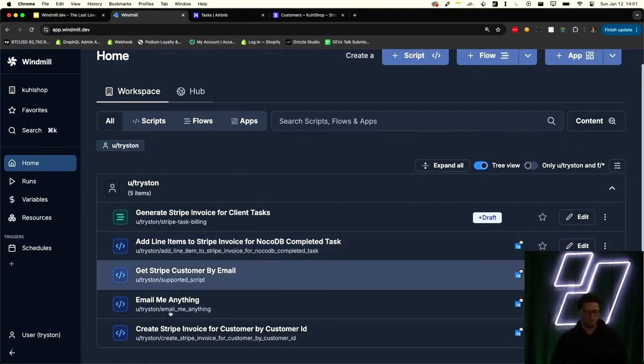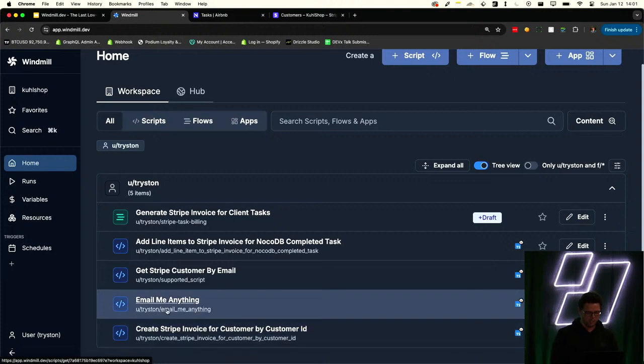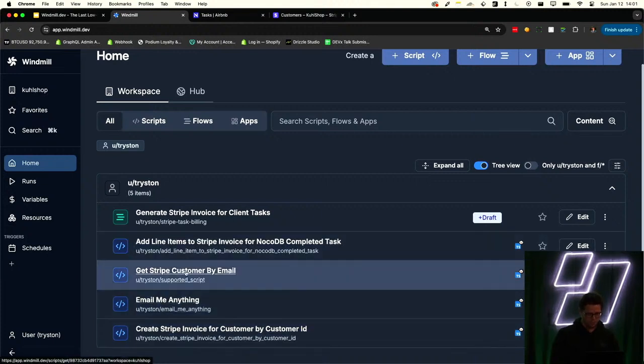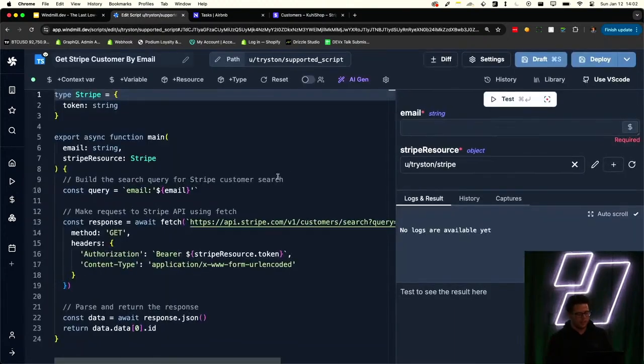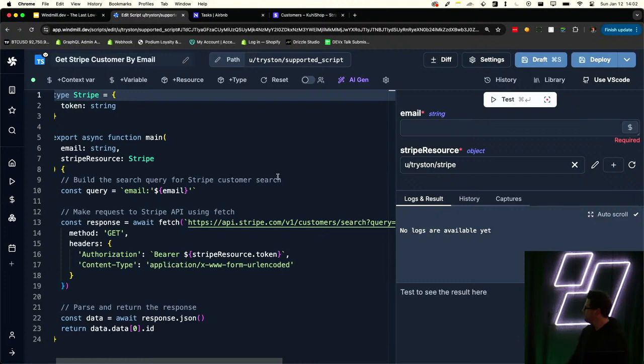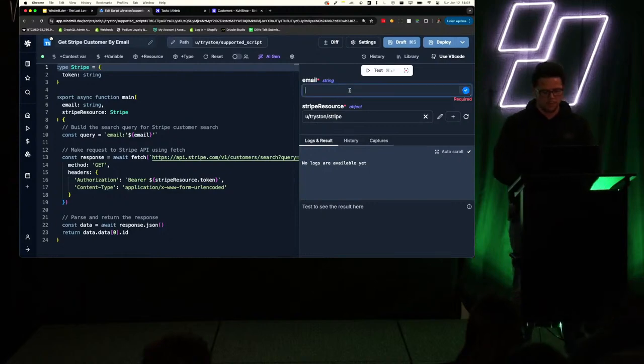I already have a couple scripts because I already tested this flow. I have one script that's called Get Stripe customer by email. This is a script that I wrote, and I can go ahead and click edit. And this is the entire script. All this does is literally say, what's an email? And what is a Stripe connection that I have, which is just an API key. I could enter any email in here, and it'll just connect to my Stripe. So I can go ahead and try that right now. We know that I'm already in there under this email. So if I click test,